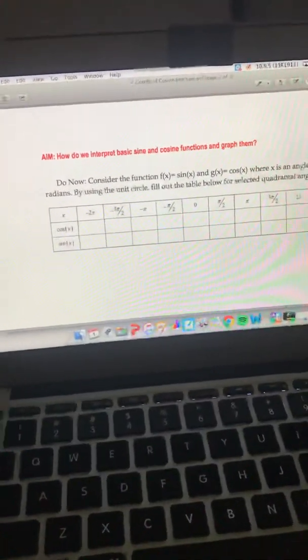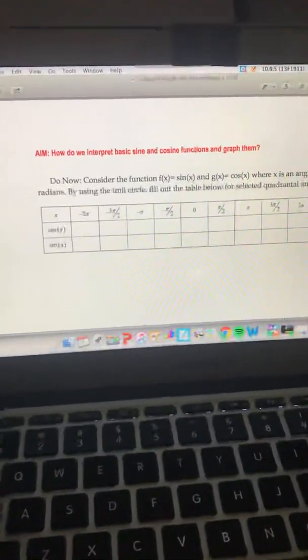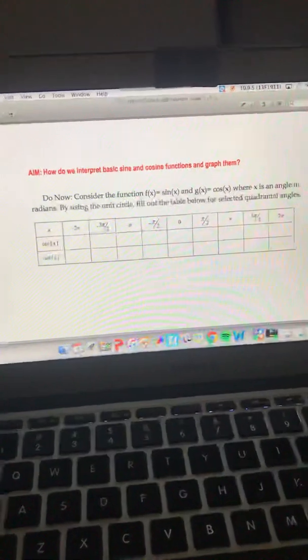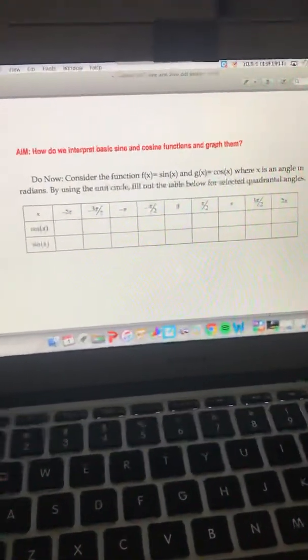Good morning, mathematicians. Today we are going to be looking at our graphs of cosine and sine, the two trig functions that we have been focusing in on. We're going to learn how they look. We're going to learn it remotely, so I know it's going to be a little different. You probably heard the words I said, graph the trig functions, and panicked a little bit, but we will get